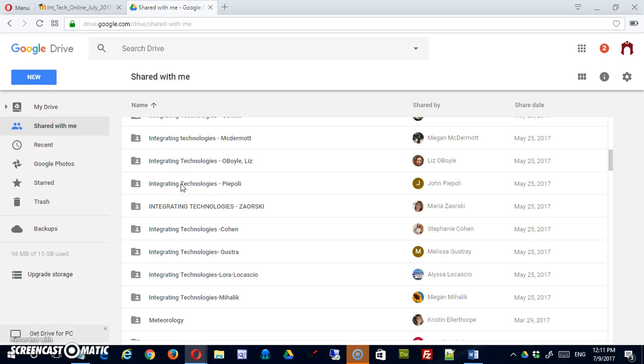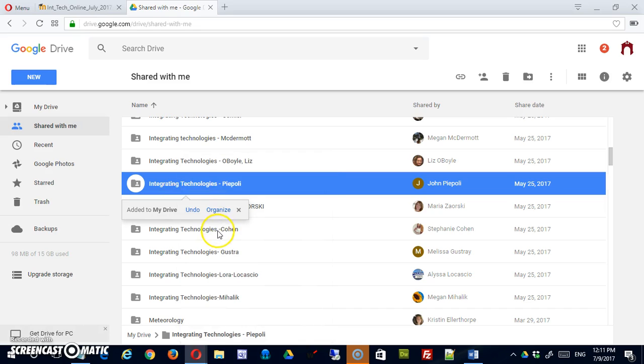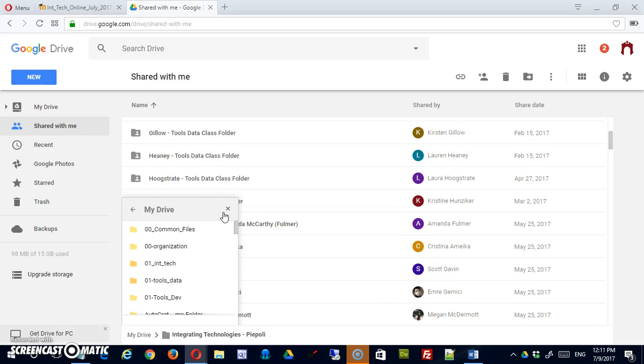So I am going to take an example from a previous semester. I'm going to right click, and there should be an add to my drive link. When you click it, it's added to my drive, but it's giving me this opportunity to organize. Now if I accidentally close out, it's not a big deal. I can always go into my drive and drag it around. But if I click organize right now,